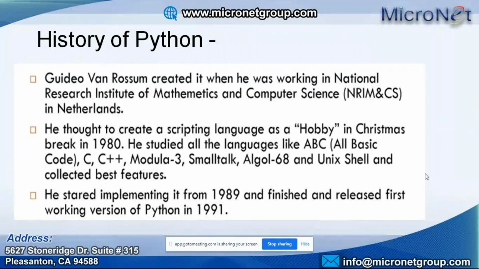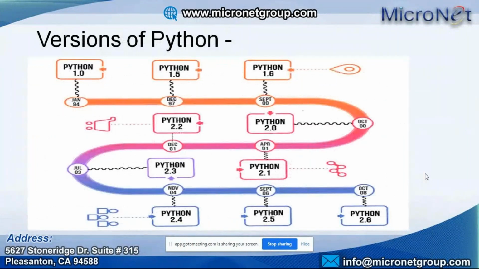Now we'll try to understand the versions of Python so far. This is how the journey of Python is. In January 1994, the first version was created, and whatever disadvantages or problems they faced in the first version were recovered in Python's second version, which was released in April 2001, and later it kept updating one by one. Even now the current version is